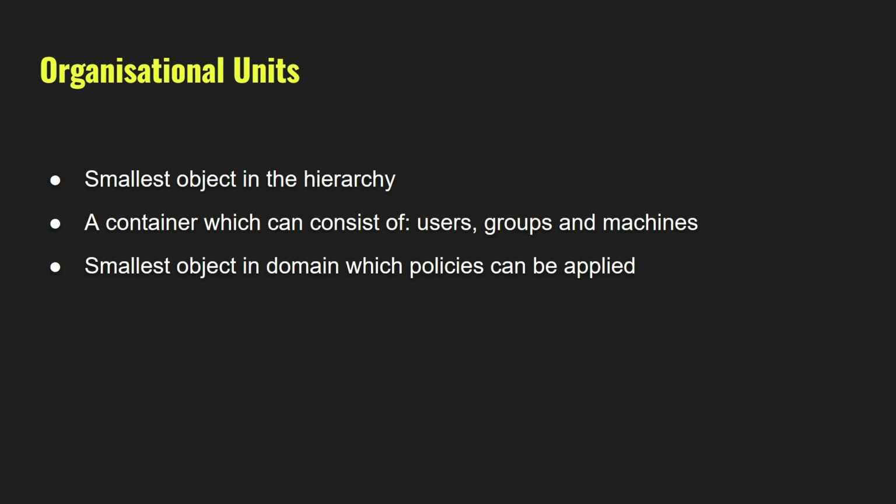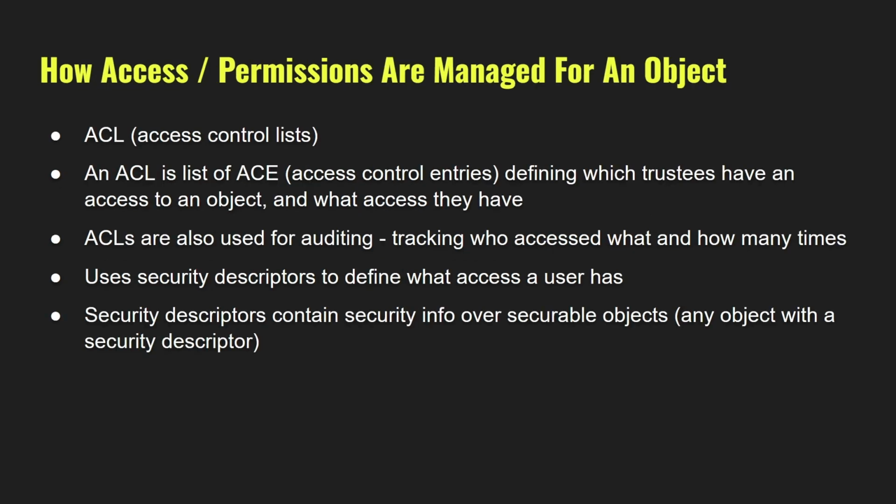What we're going to discuss now is how the domain is actually managed via its policies and things like that. So how access and permissions are managed for an object. This is in relation to everything on Windows, not just Active Directory, but it's all very similar, but we'll cover that for this. So in general, how access is managed for objects in Active Directory is by an ACL,